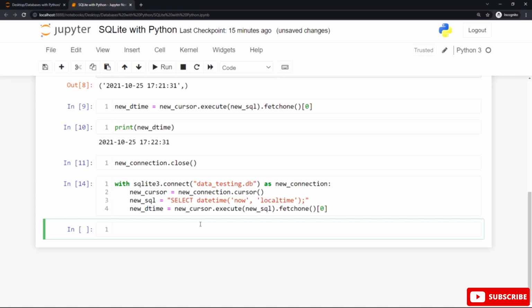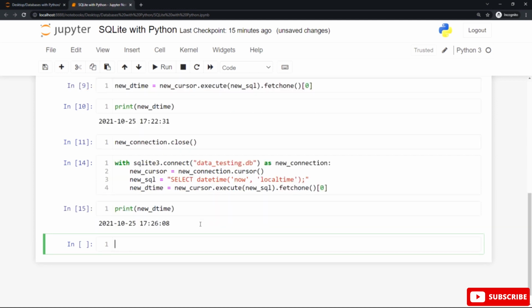Now you need to use the print function after the with block to get this current date and time. Use the print function and place the new datetime variable as a parameter or as an argument inside the round braces of the calling of the print function to get the current date and time as a string, not in a tuple. Try to type the print function and it will take new datetime as a parameter. As you can see, the output, once you hit shift enter or shift return, is the current date followed by the current time.